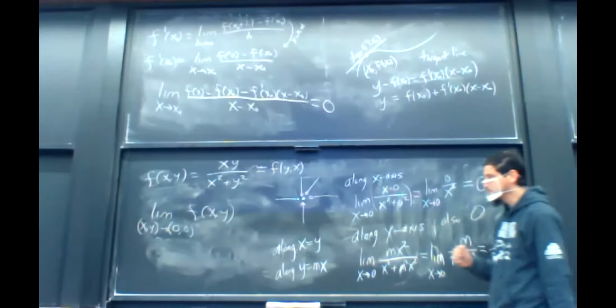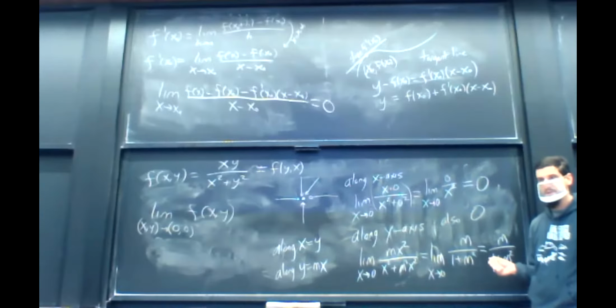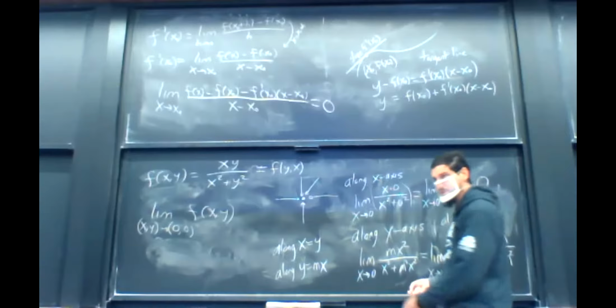So we've just shown that if you approach along a line, you get a different answer depending on the slope of the line. And if we know the special cases of the vertical and horizontal,